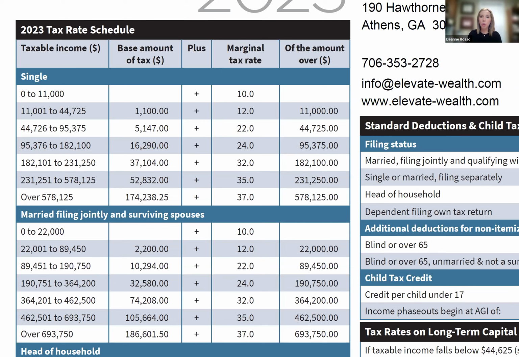That's where we get into what we call the effective tax rate. For each individual family, your effective tax rate is essentially the average: the total amount that you owe in tax divided by your taxable income. That's a better estimate for how much tax you pay on each dollar that you bring in.